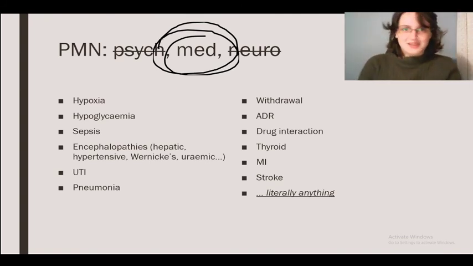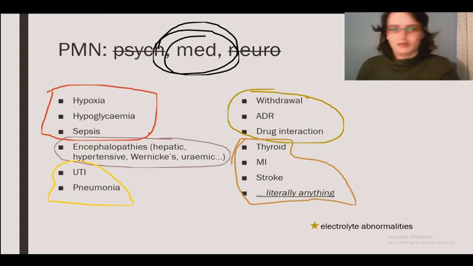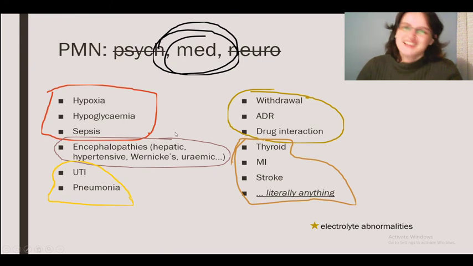I didn't really format these all that well when I first did them, but here are some pretty circles. And this is the way that I find helpful to think about it. So first three here, with the red thing, don't miss these. They will kill your patient. So check the sats, check the glucose, check the vitals.